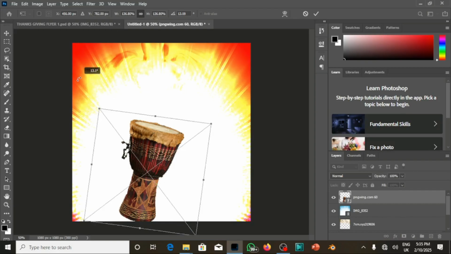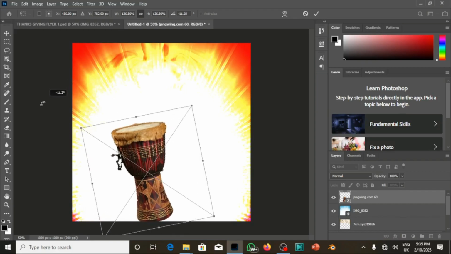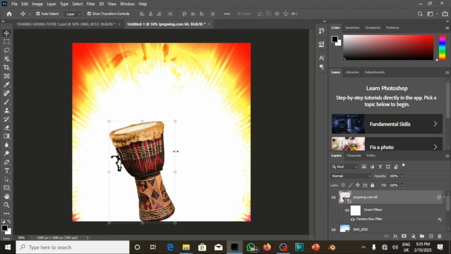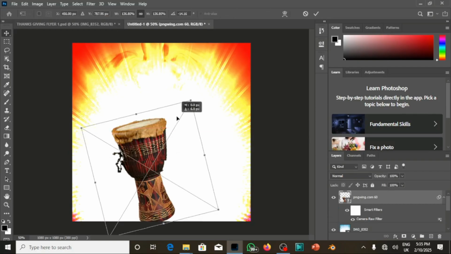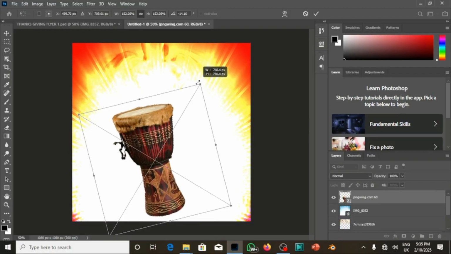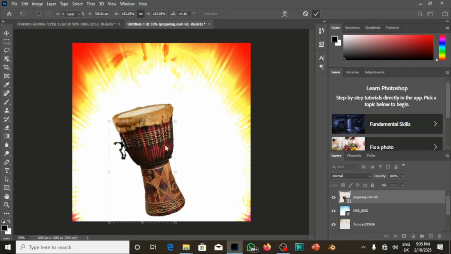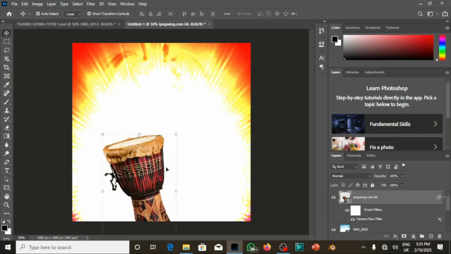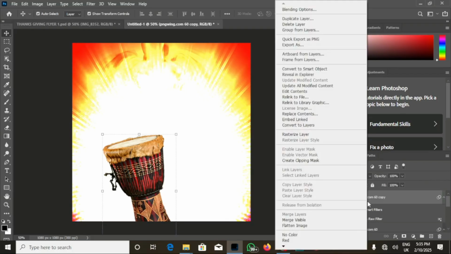I think it was being curved this way, something like this, and then we click on this correct icon here, and now let's increase the size of this before we duplicate it. Then let's bring this one down here and press Ctrl J to duplicate, or you can right click on the drum layer and choose duplicate